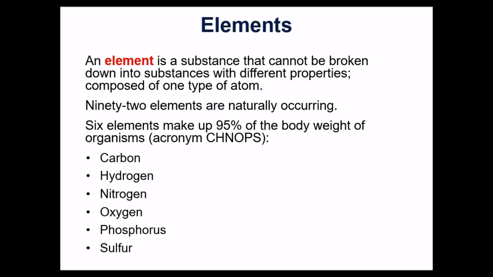Essentially, it's composed of a single type of atom. And so if you had some carbon, it's basically made up of atoms of carbon, and it would be a pure, complete setup of atoms that were all carbon atoms, and that would make up that element. If you changed some of these subatomic particles, and we'll talk about those, for example, if you change the number of protons in that atom, you no longer have carbon, you would have a different element.